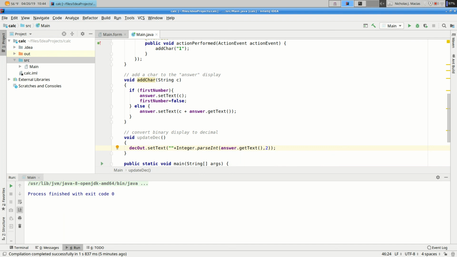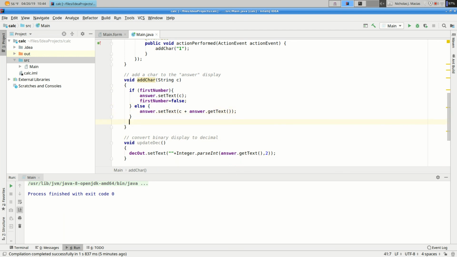So we need to do this anytime the answer display changes, which is going to happen only right now in our add character routine. So after we've done one of these two updates to answer's text, we'll go ahead and say update our decimal display. I could do it in both the if and the else statement, but I'm just going to put it outside.